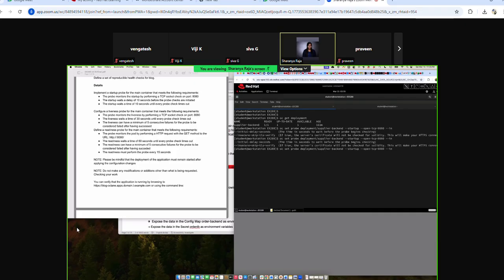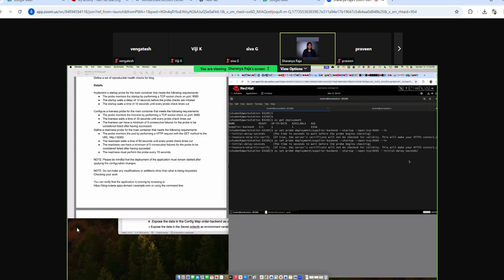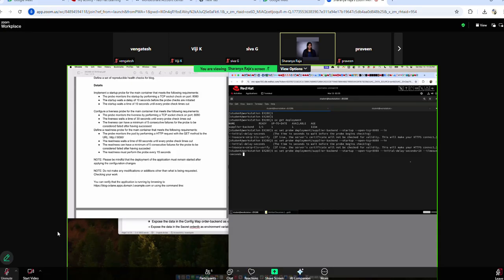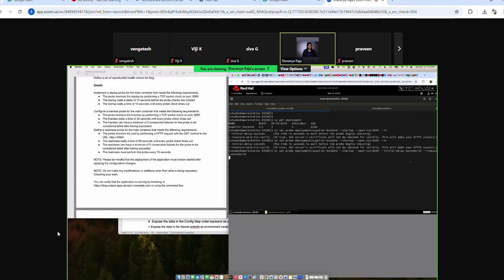Initial delay seconds. How much? Initial delay seconds is 10 seconds. And then --timeout, timeout seconds equal to 10. Enter. Similarly, OC set probe